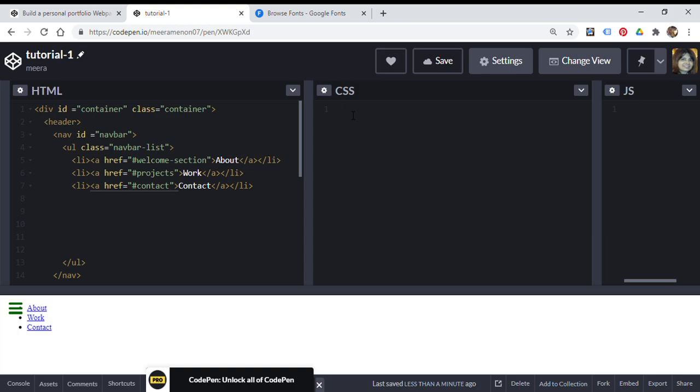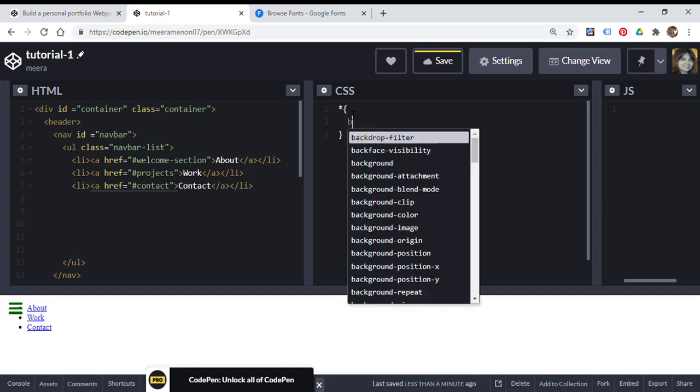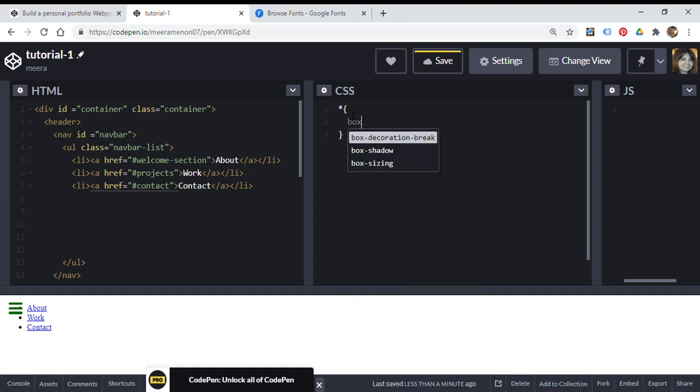Okay. So first thing first, I do this wildcard. Now this is called box sizing border box. Why do I do this? Now remember, this is like a wild card.